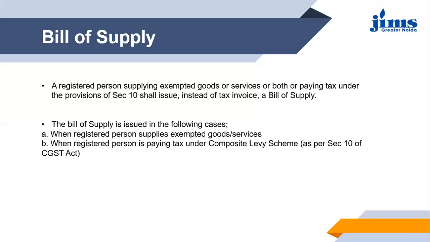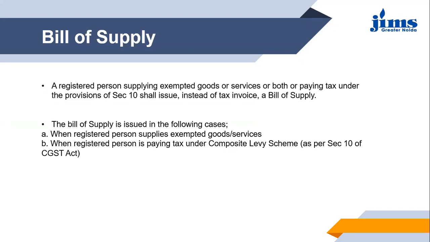He himself is responsible to pay the tax. So in any situation where a registered person is either supplying goods or services which are exempted from GST, or is paying the taxes under the composition scheme,